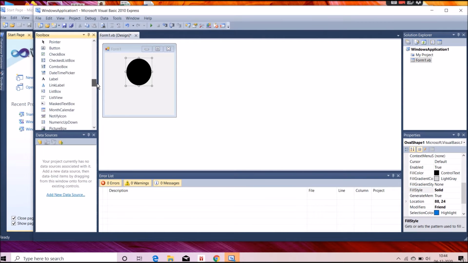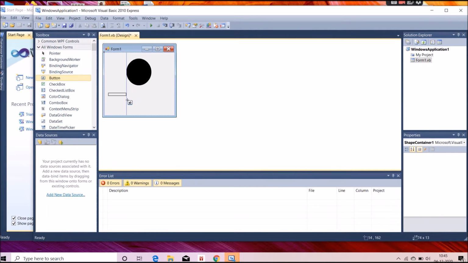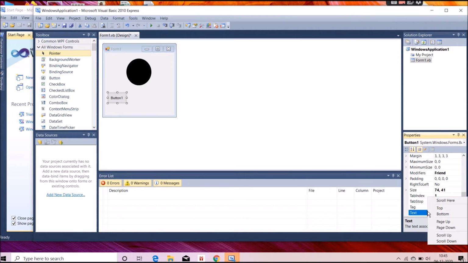So you need to take some buttons. Go to the buttons and create some here. One is red, you have to write it in the text, so write here Red.